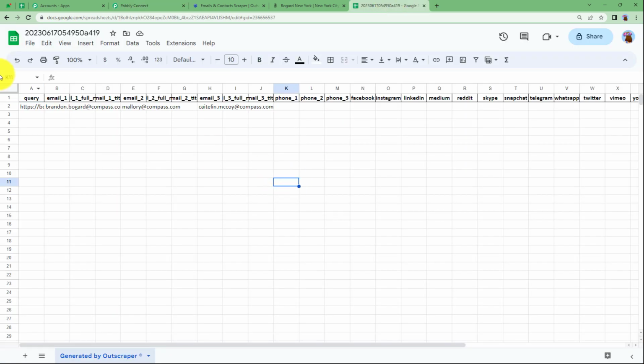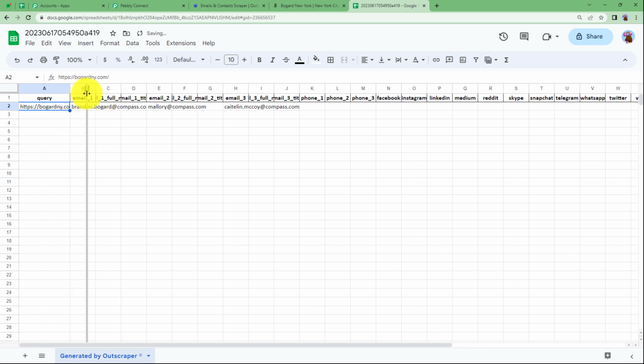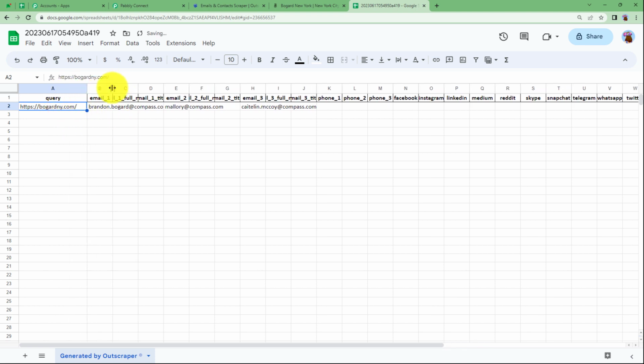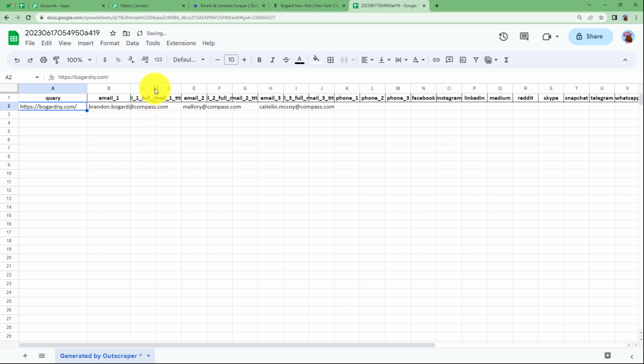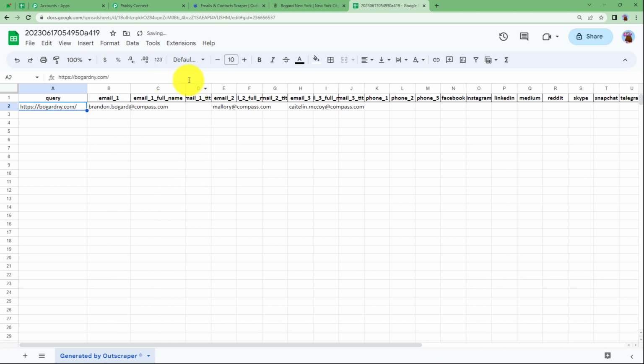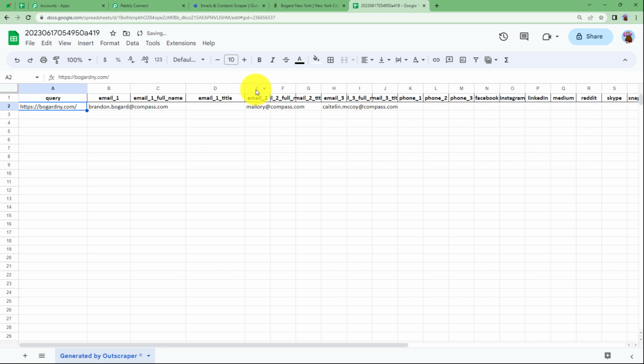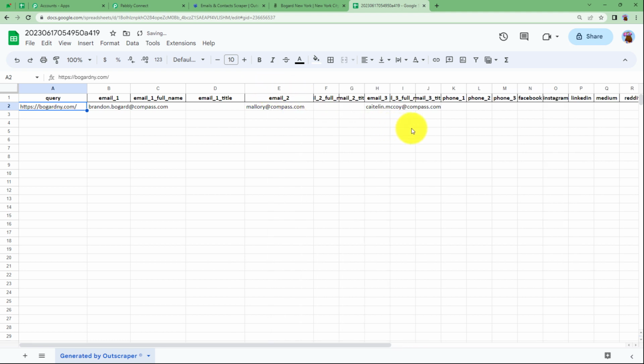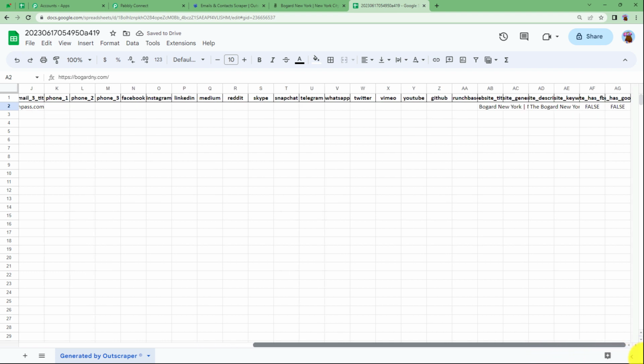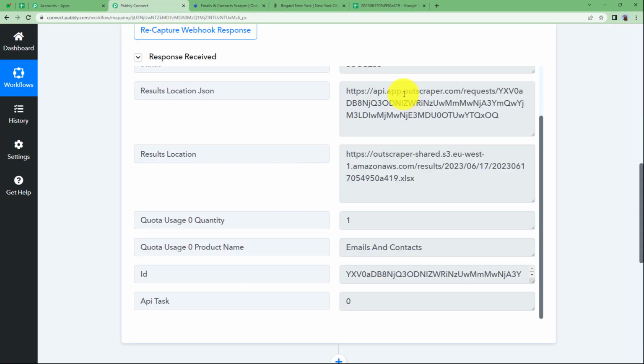And here is my spreadsheet. Here, see, this was our query, so you can just stretch it even more. So you will see this query was about this website. Then this is the email address, and this is the complete email address with the full name. And that is how you will have all the details over here. The second email is also here. The data that was present on our website is fetched right here, which means that our work